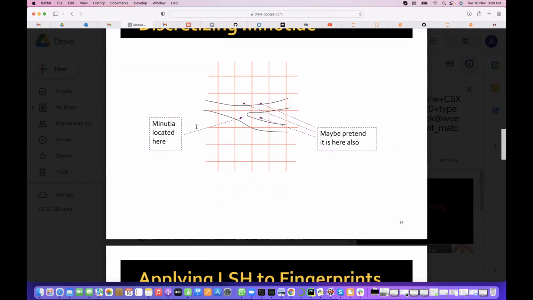So minutiae are located here. See, these lines are coinciding here. So why are they putting minutiae? In the remaining places, there is no coincidence, right? Two lines are coming together here. They are only taking the grids where two different lines are coming and joining. Then in this case, how many grids do you see where two lines are coming together and joining?